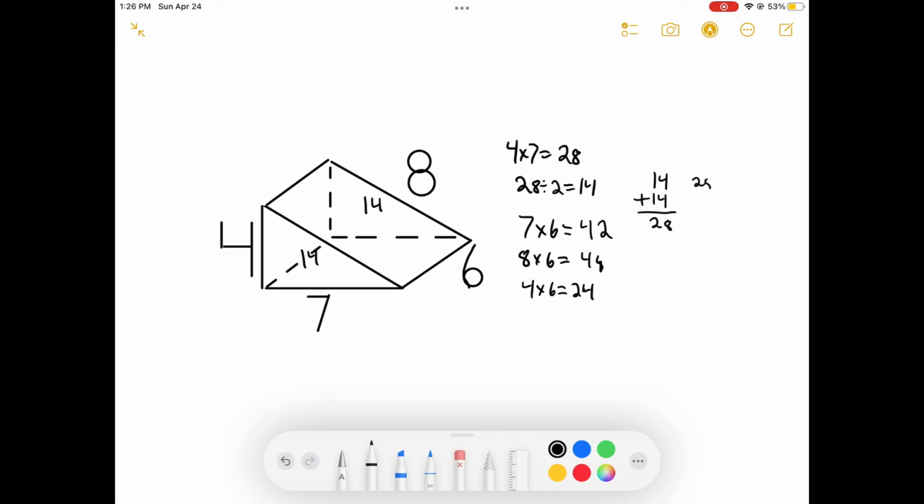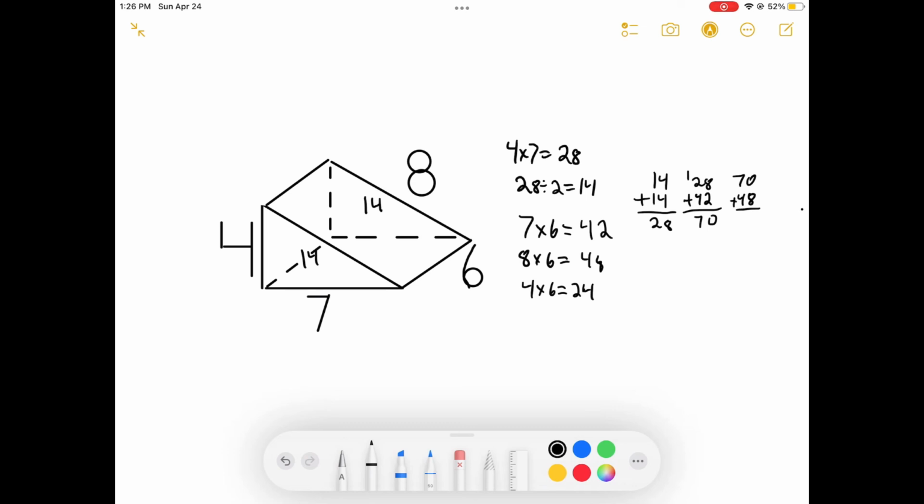Then we have 28 plus 42 equals 70. So carry the 1, 70, right? Then we have 70